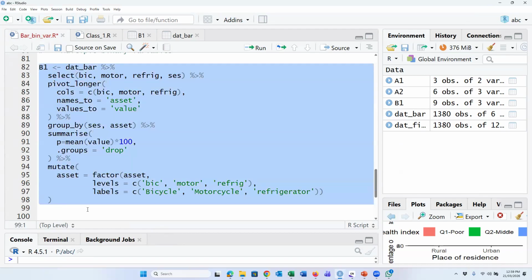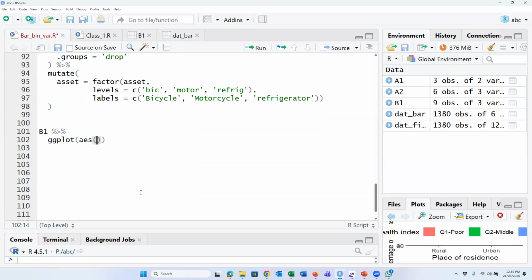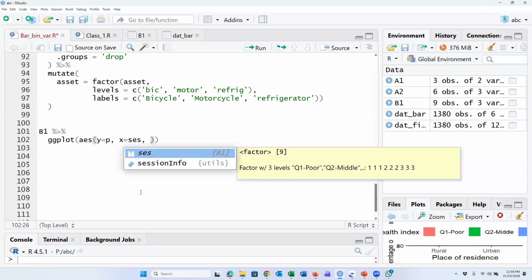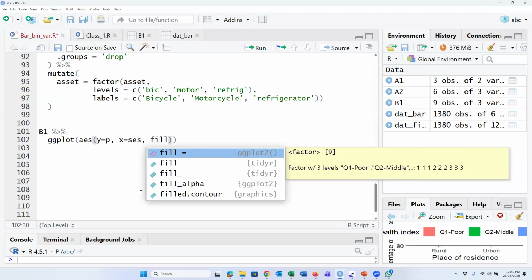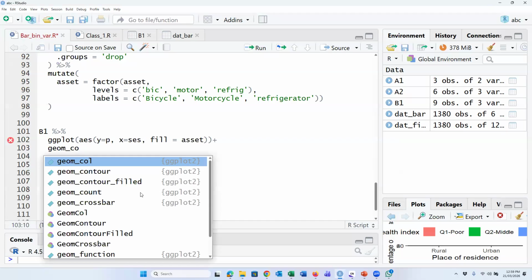These are the summary table. Now we will create B1, ggplot, AES, Y is equal to P, X is equal to ACS, and fill is equal to asset, plus geom column.